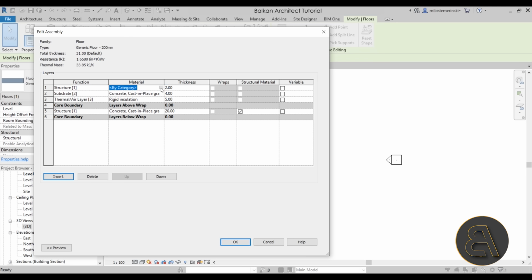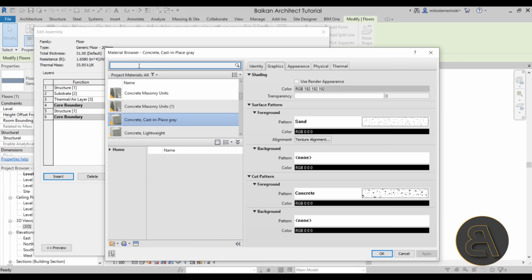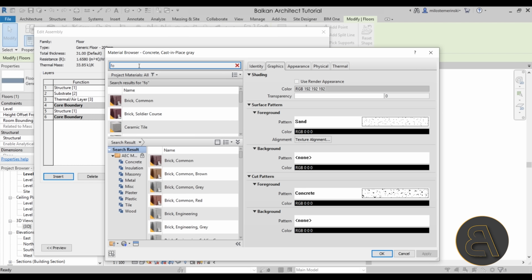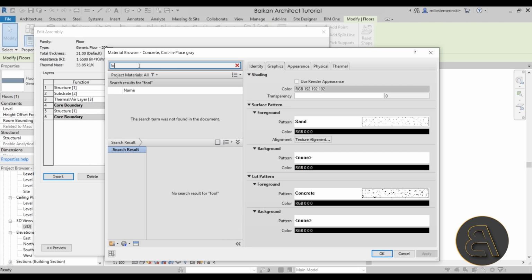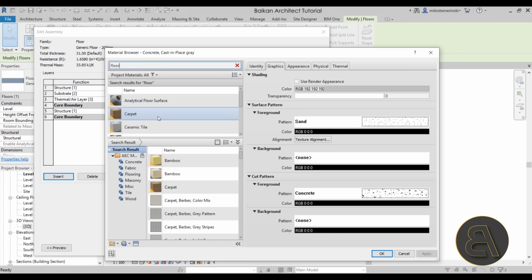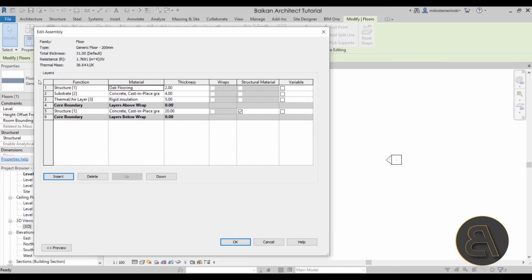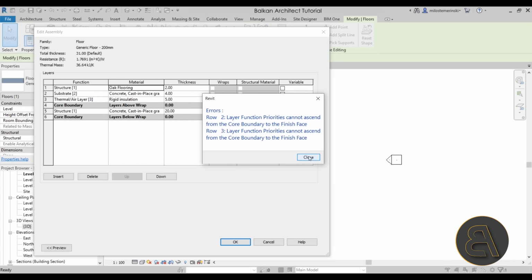Let's add another material. So this material is going to be some sort of a floor material. So let's see what we have. Okay, we have oak flooring. Okay, so we have the first and the main material. So if I just click OK,